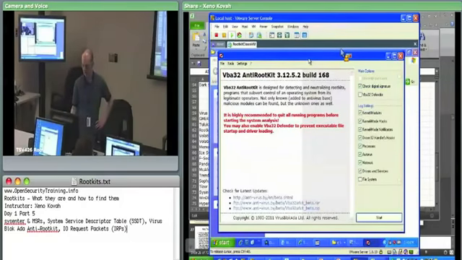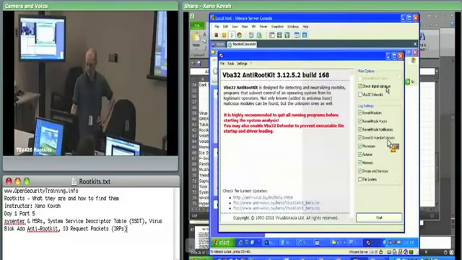All right, so like Gmer, this has a mode where you can just scan. You can click all these check marks, hit start, and then it'll go check everything. I just want to show a couple of things independently, so I'm not going to do it that way. I'm going to leave the checking digital signatures on. That's why I said I was coming here. But I'm just going to block it with